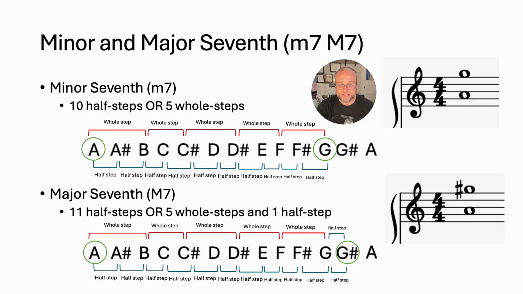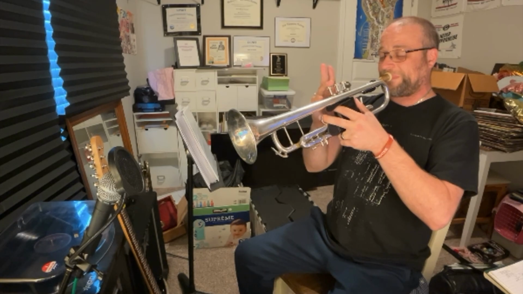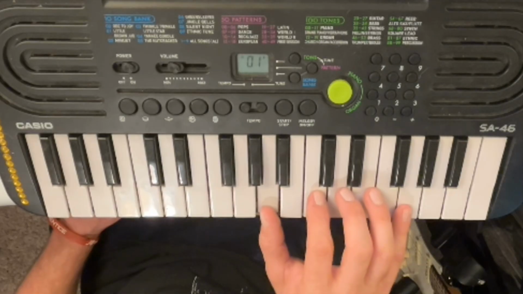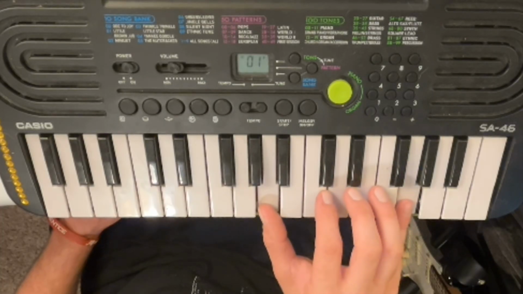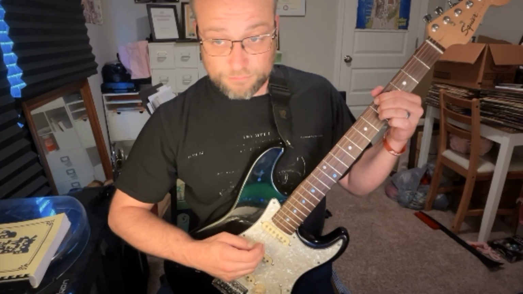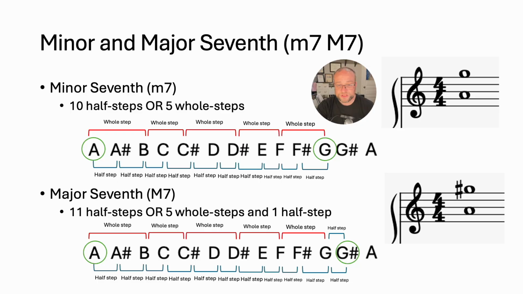Finally, we have the sevenths. The minor seventh is comprised of 5 whole steps or 10 half steps. If you know West Side Story, you've probably heard the minor seventh in the song There's a Place for Us during the words there's and